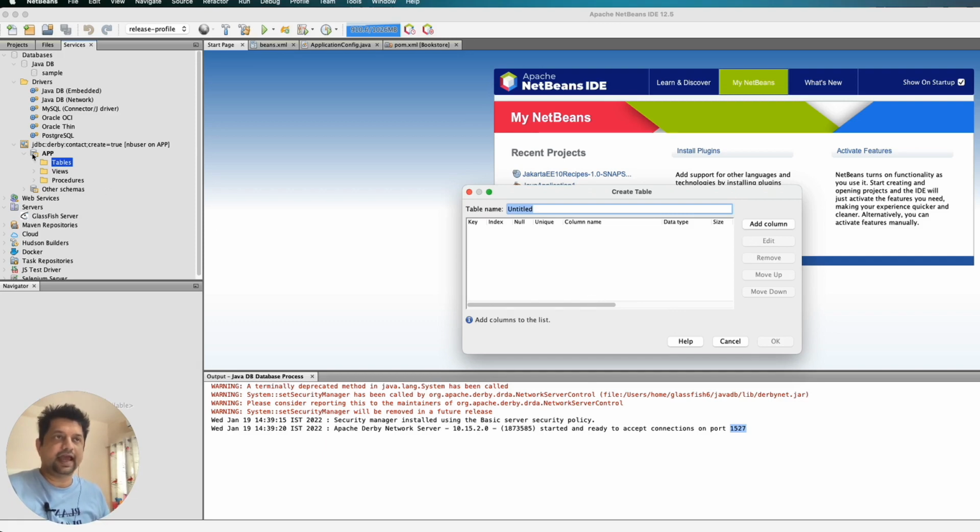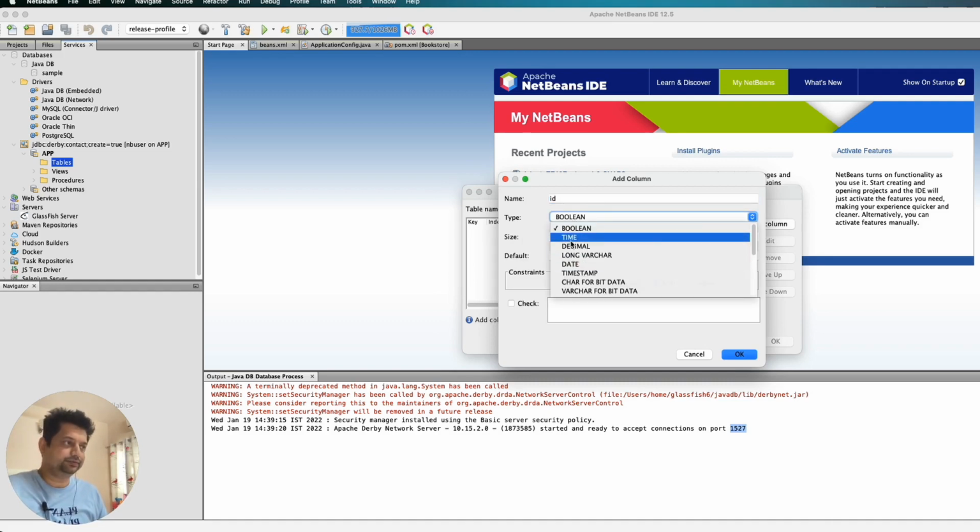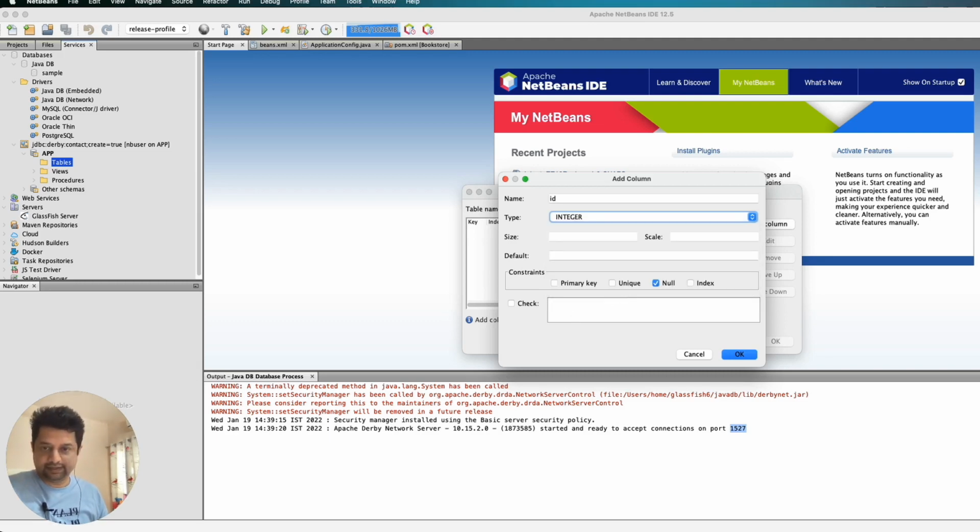I see there is an app database, and in this we can create a table friends, and we can add the column. So let's add the column. First column is ID. We can give the data type as an integer. Okay, so here I give integer, and